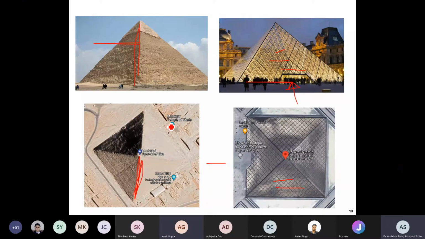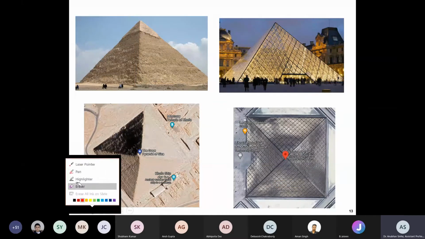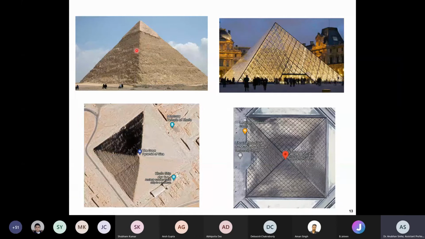Can you please explain once again? Yes, sure. Let me remove the lines and draw again. Okay, so let us say these two are the same shapes. These two are pyramids, right? This is also a pyramid shape. This is also a pyramid shape. Forget about how big or how small, but for our purpose, we can say there are two exactly same shape pyramids. I'm trying to highlight that you need to focus on the orientation.